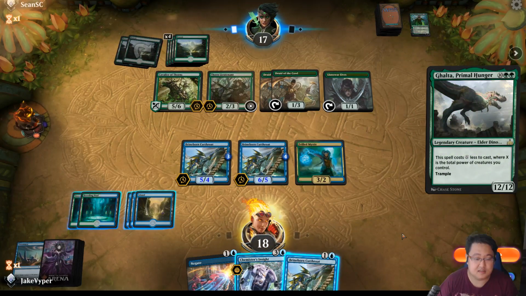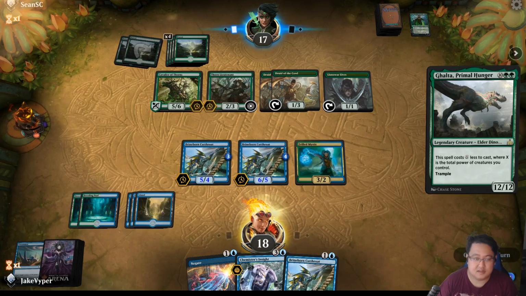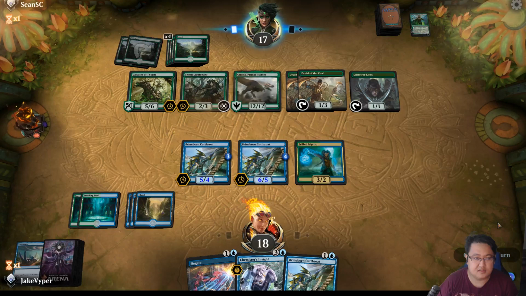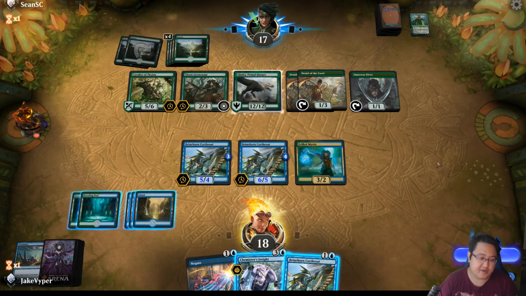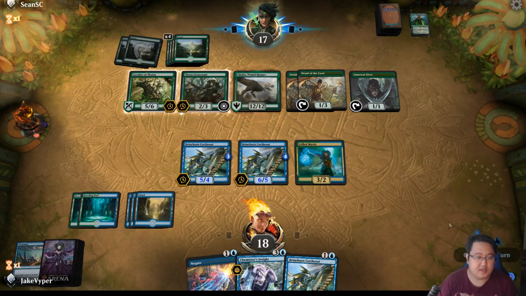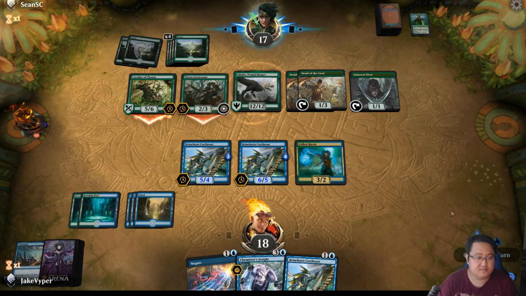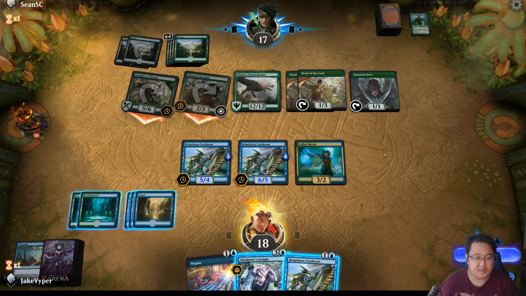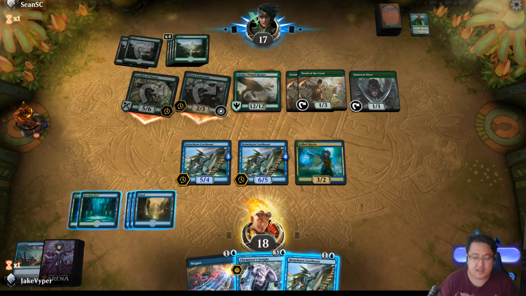Galta. Ah, shoot. We need Unsummon, then counter it. That's the only way we can get rid of Galta. I don't wanna... Can just pump that. Can take 8. I think...